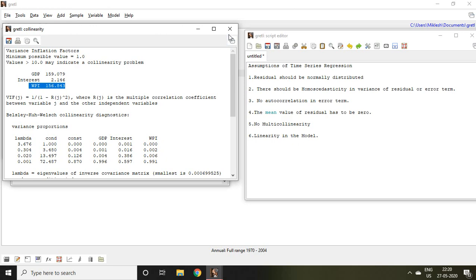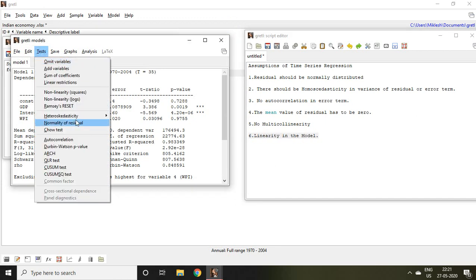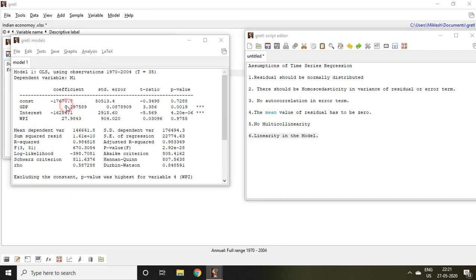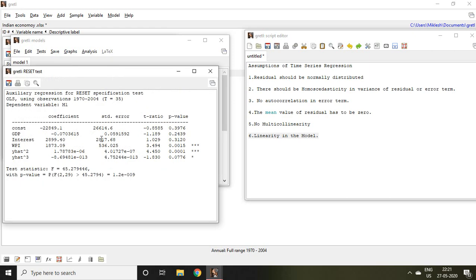Then let's talk about another assumption, which says linearity in the model. For that, I go to Test, click on Ramsey RESET and then click on OK. The p-value is 1.2 exponential minus 009.